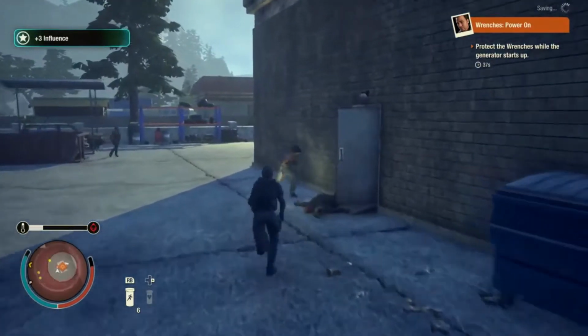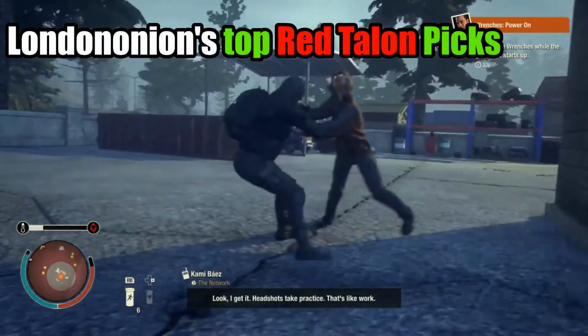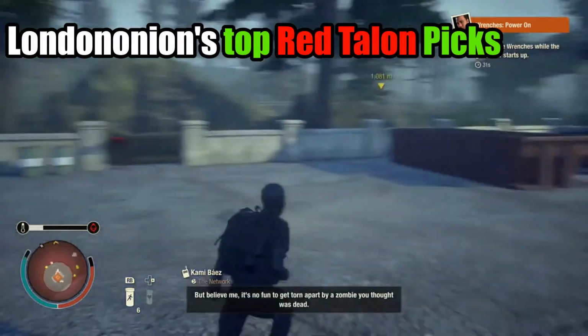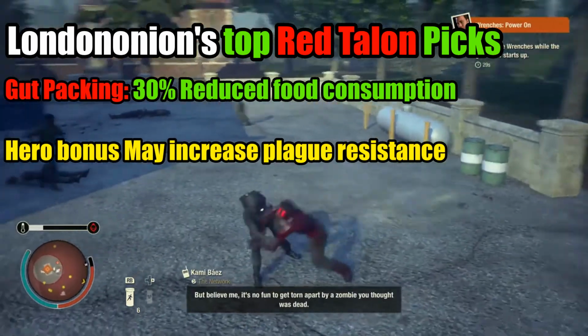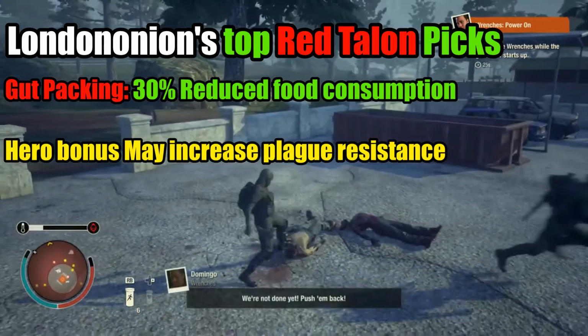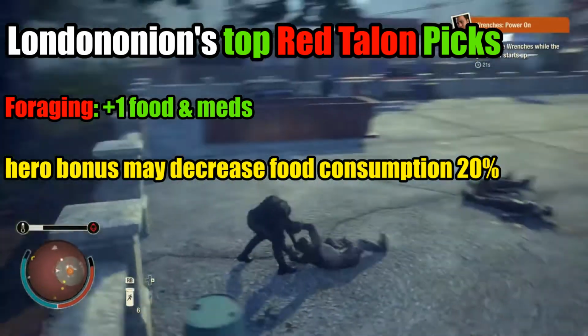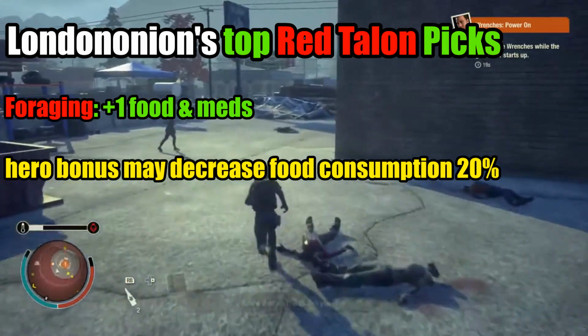operatives, or both. I can't speak for everyone, but so far I would argue the most useful operatives would be those with gut packing, for decreasing food consumption and potentially increasing plague resistance, foraging, for a unit of food and meds plus the potential hero bonus for decreasing food consumption,